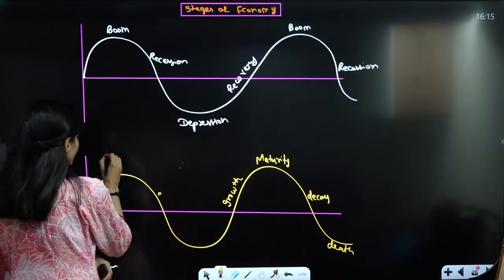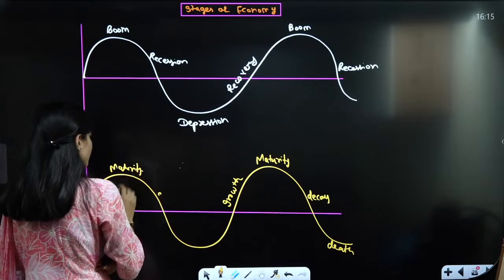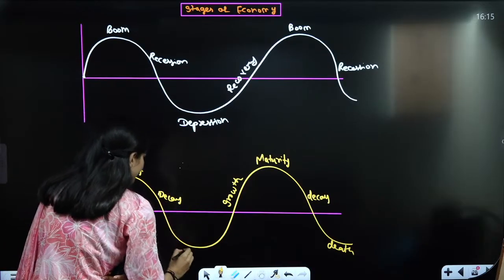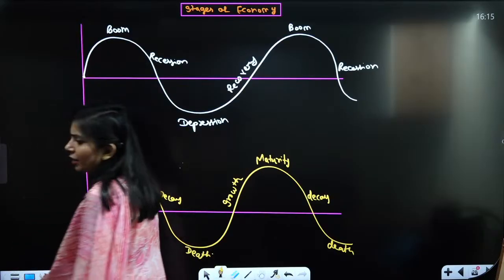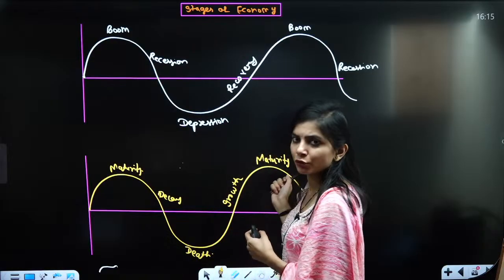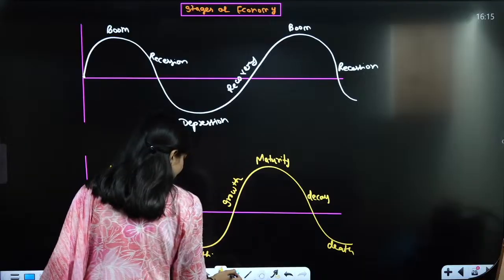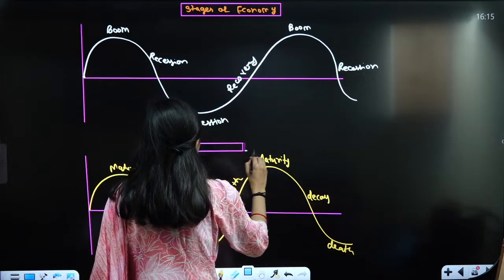Like here also you will have the maturity, but once you achieve the maturity, you will feel the decay and then the death. After death, again new life, new formation. Again this new formation leads to the growth of another structure, and then maturity. So this is what they specified as the growth structure